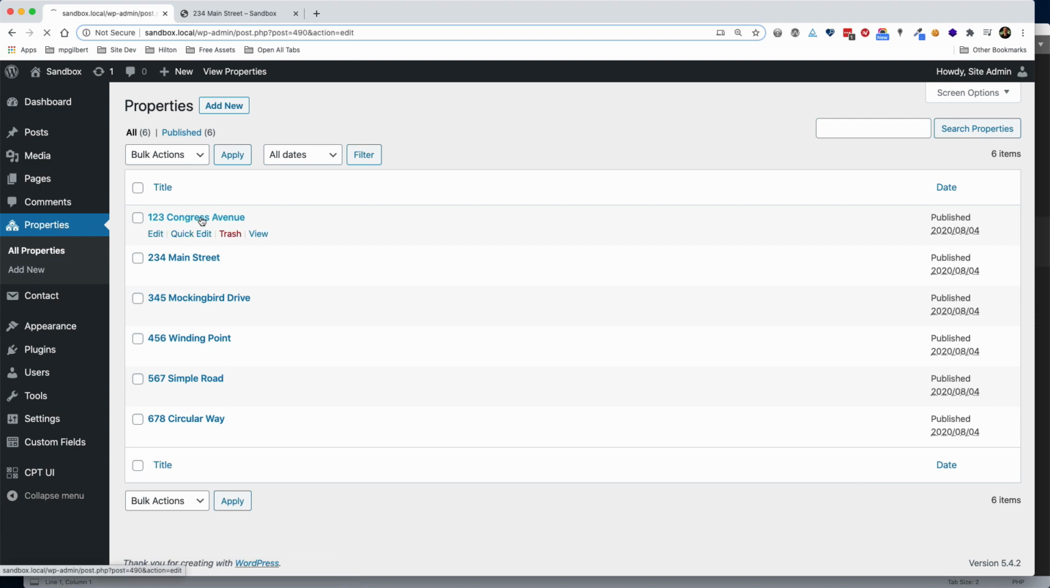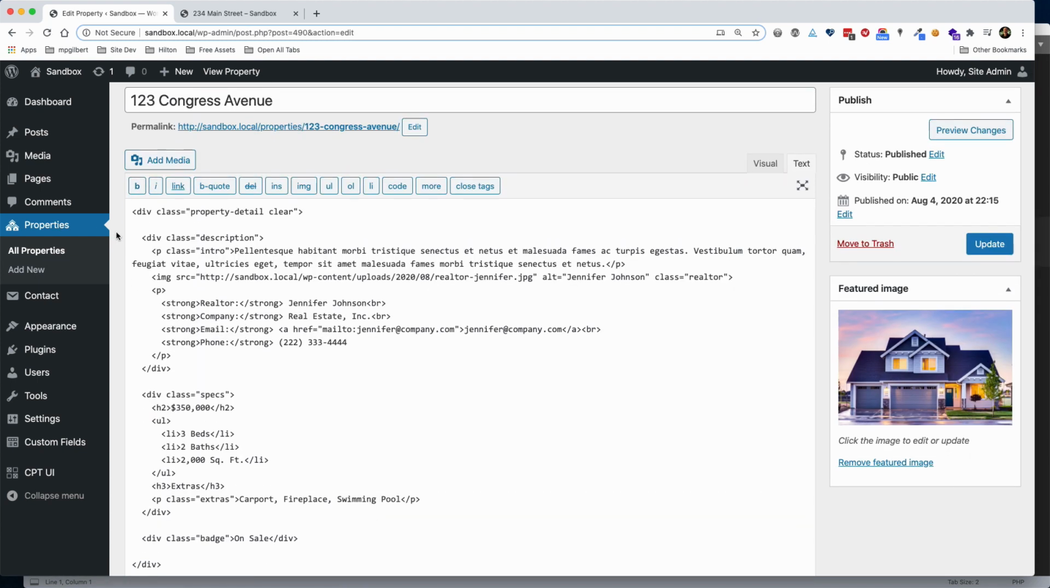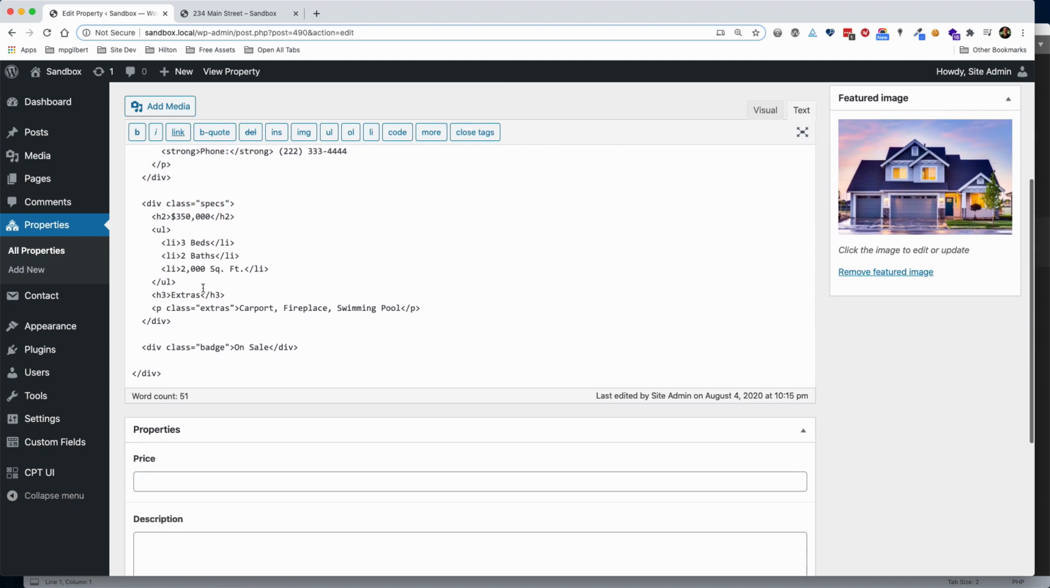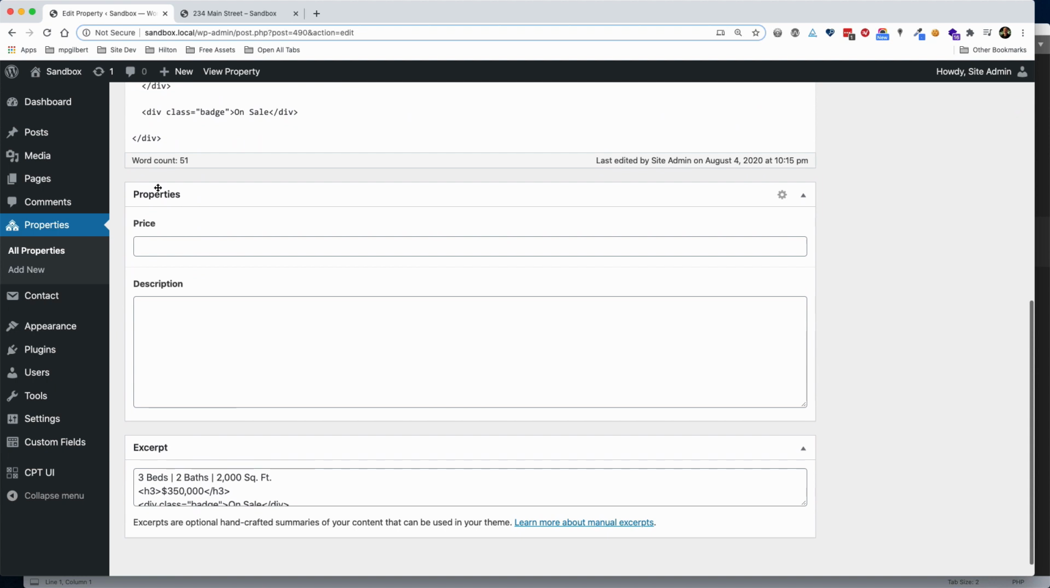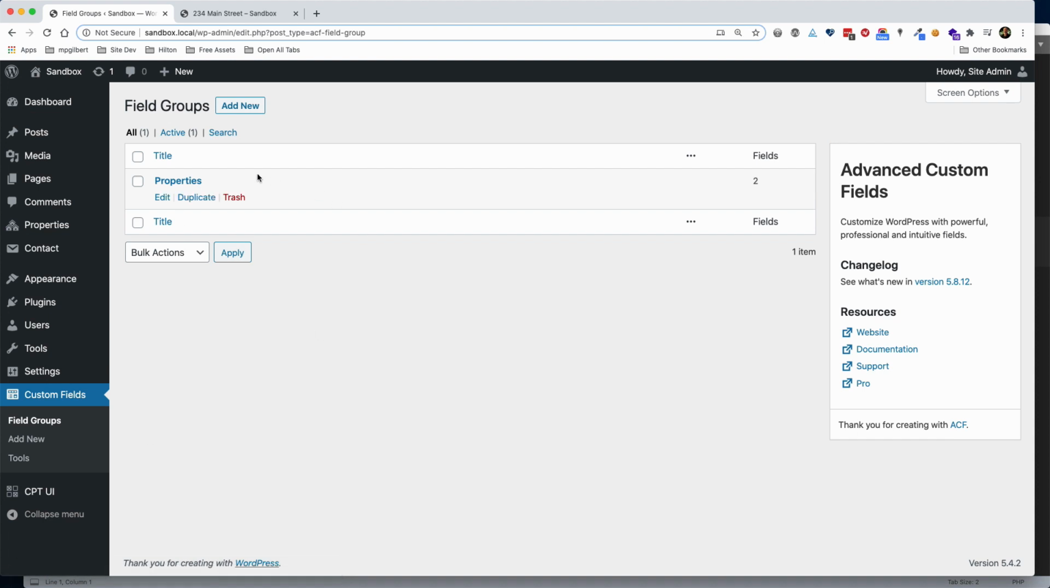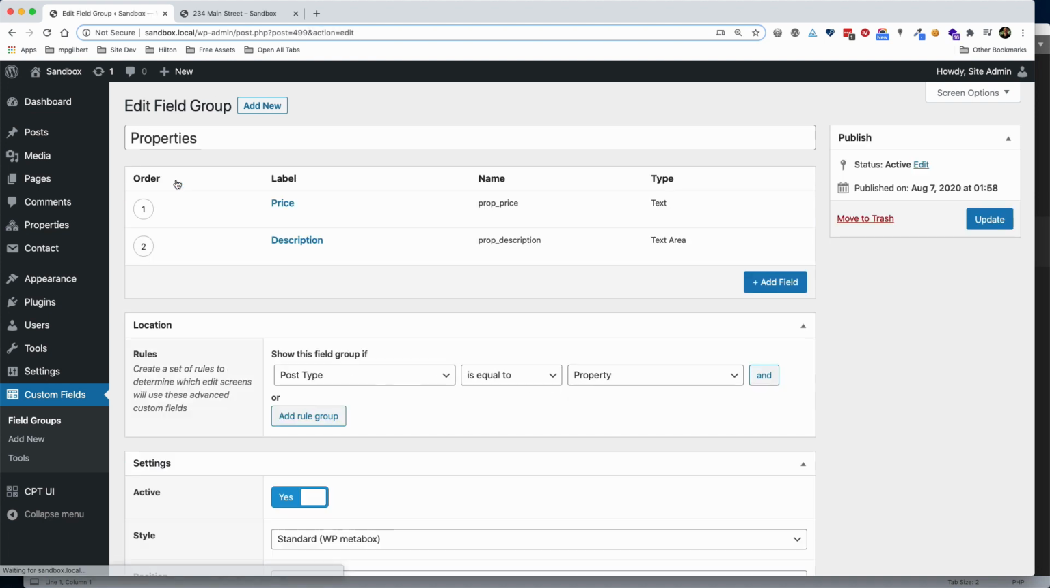Now, if I go into one of these property posts, then I can see this is all my HTML that I entered before. But we also have, here's our field group label, then we have our text field, and we have this text area for description. So we could enter the price here, we could enter the description here, but before we do that, I'm going to come back to custom fields, and I'm going to go back into the properties field group,